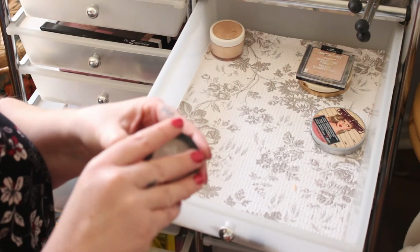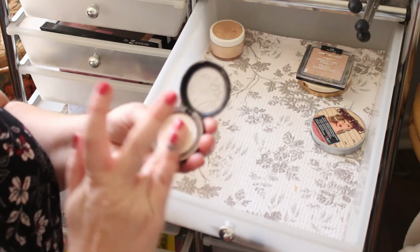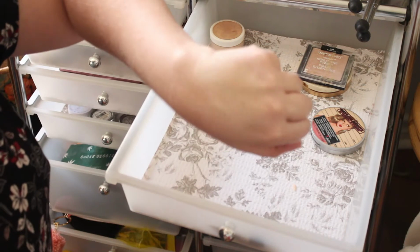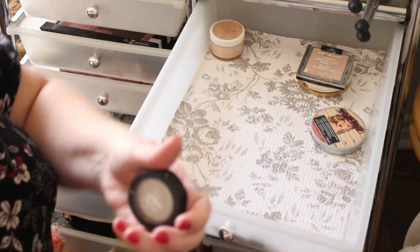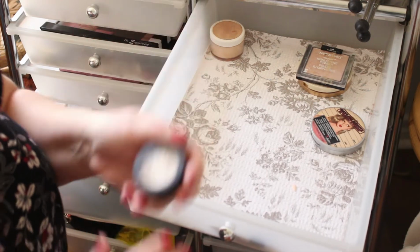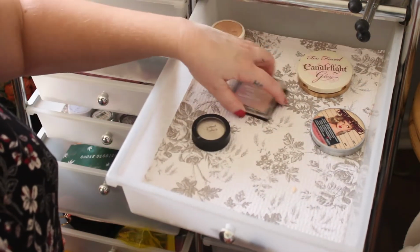This is a Kat Von D eyeshadow that everyone was raving about as a highlighter, and it's got this cool two-toned situation. I'm definitely gonna keep this, even though there's a lot of stuff around Kat Von D. So keeping